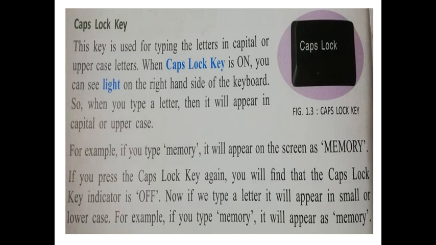When you press the caps lock key again, all the keys come in small letters. Okay, what is this? It is the caps lock key. Okay dear, please read carefully, and whatever the main points are, keep them in mind. What is the function of the caps lock key? Simple definition: whenever we press it one time, the light will appear and all letters come in uppercase or capital letters. When we press again, it comes in small letters, right?